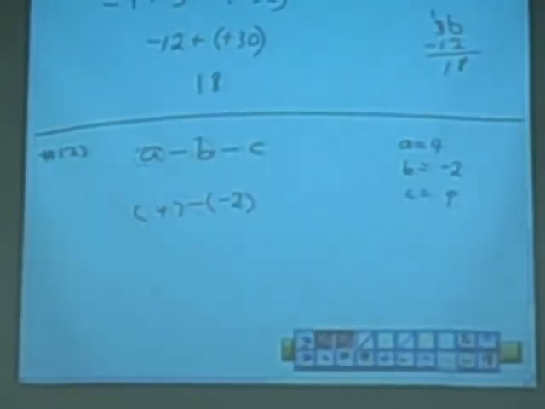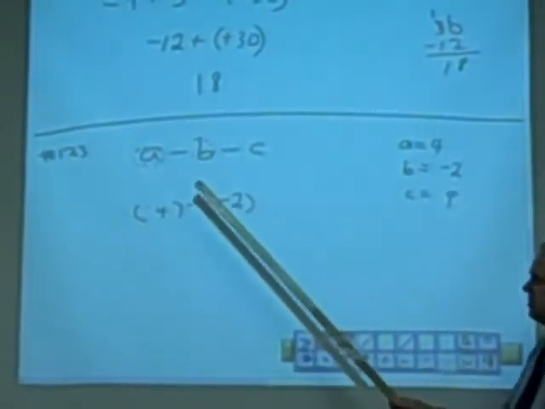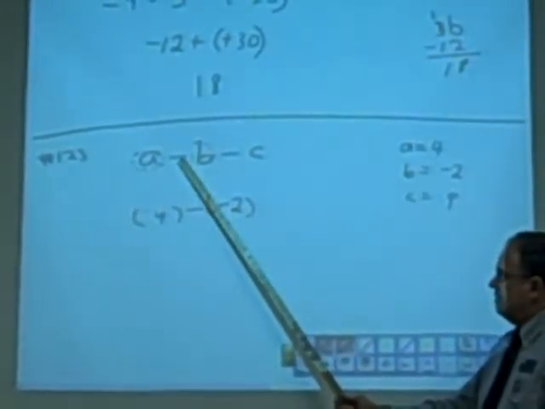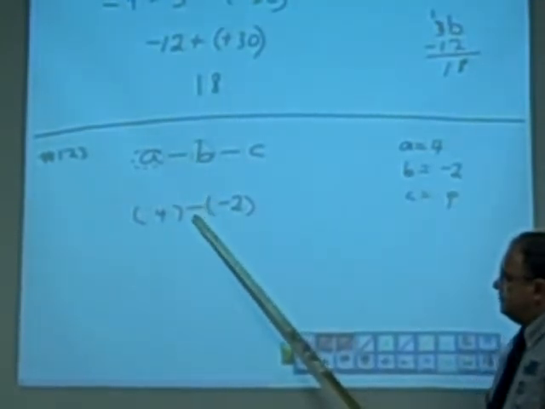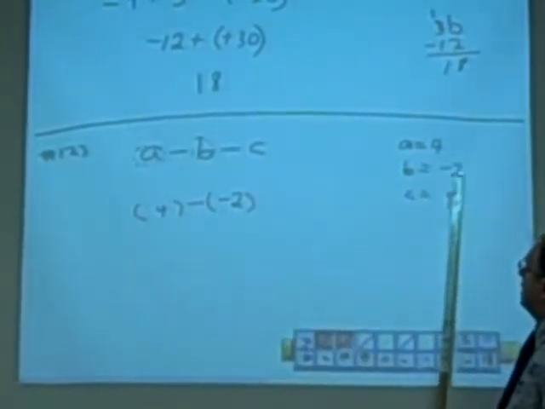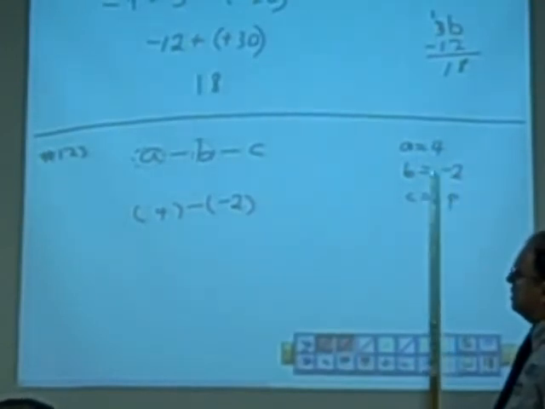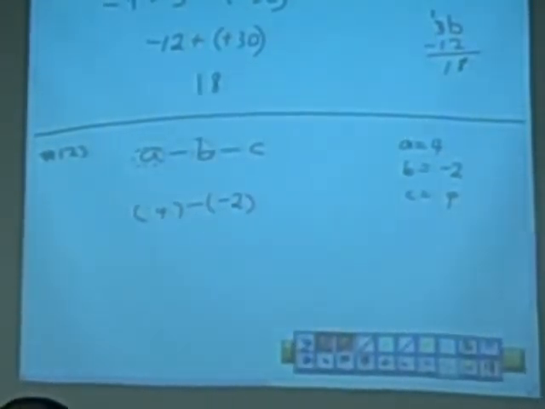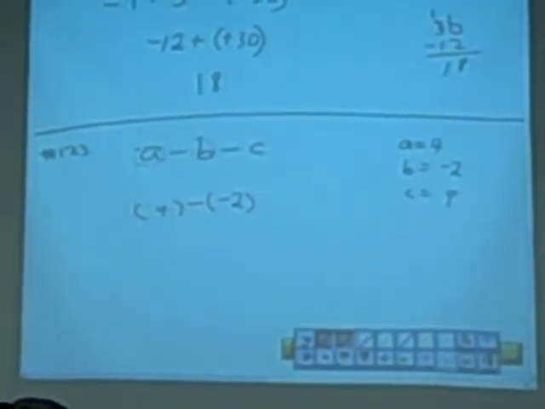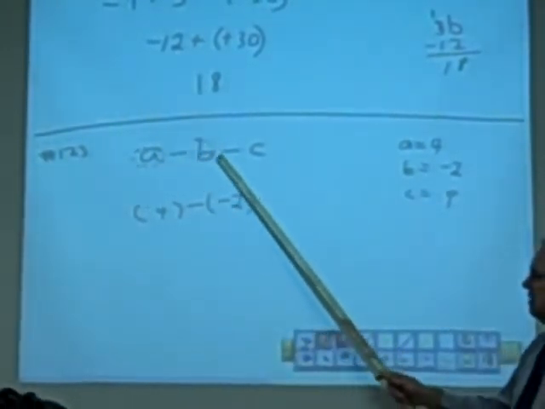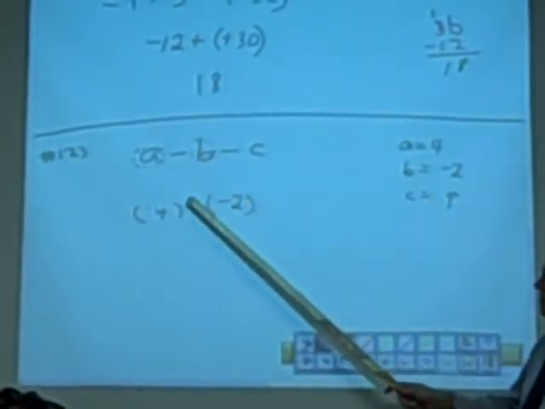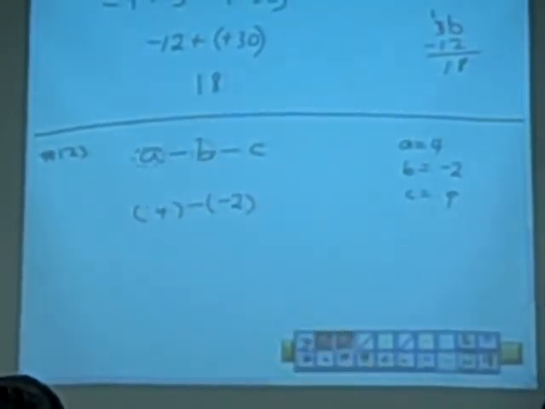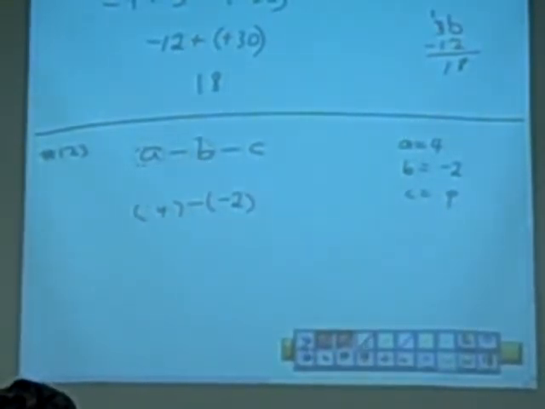So you see, before we continue on, you still have to retain that negative from the equation. And then this negative for B is a separate negative than the negative in the equation. Okay? So you have to write them both. So that's why I say, use that concept of cutting out that variable, put parentheses, and then put the number in there. Okay? And then what comes after that? Minus